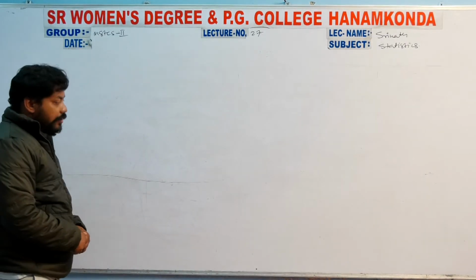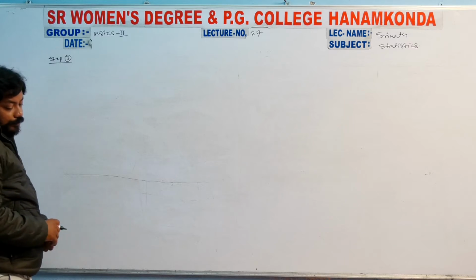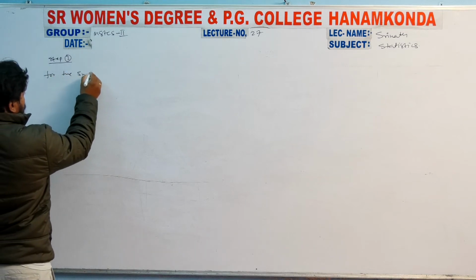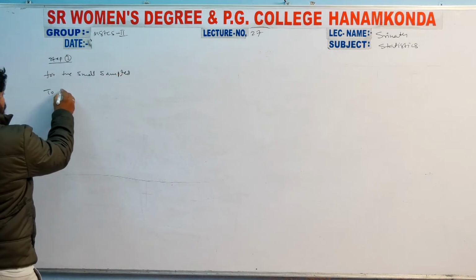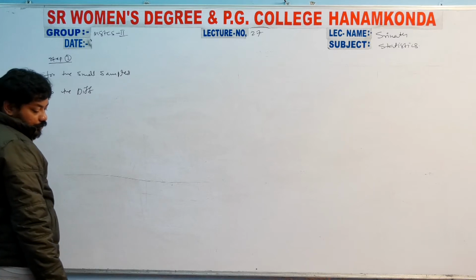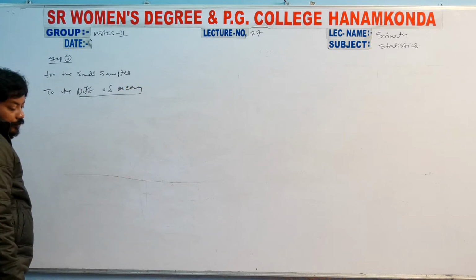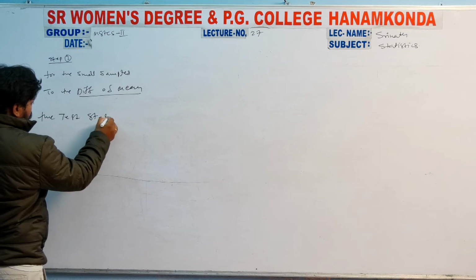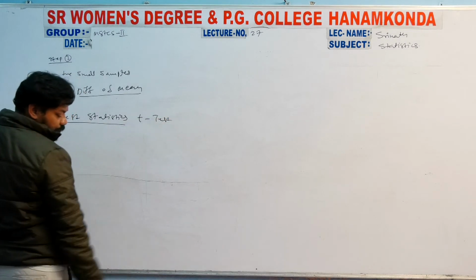And step 3. Step 3 is for the small samples, to test the differences of mean. The test statistic, the t-test, is given by,